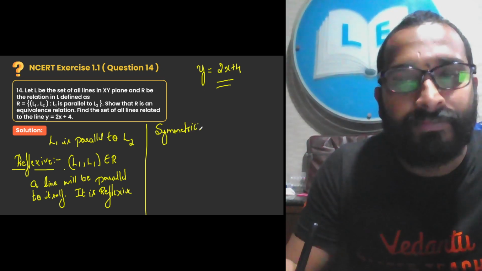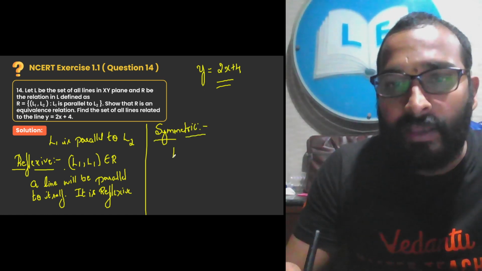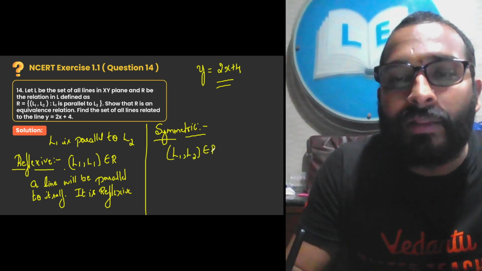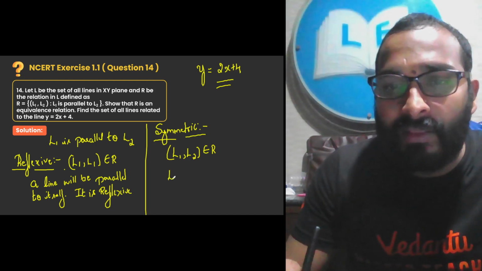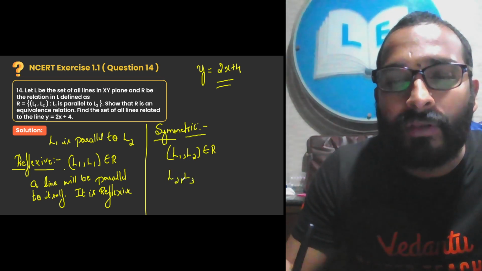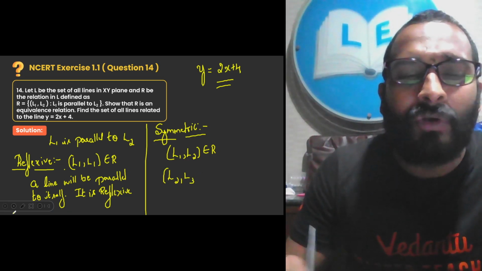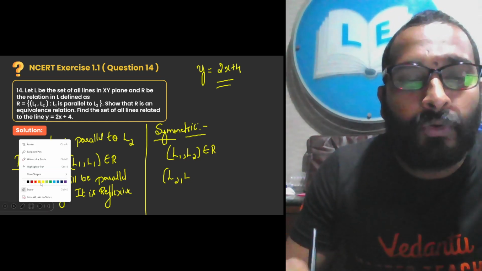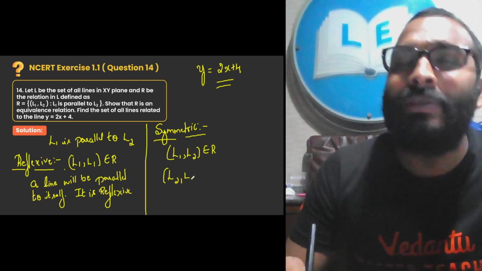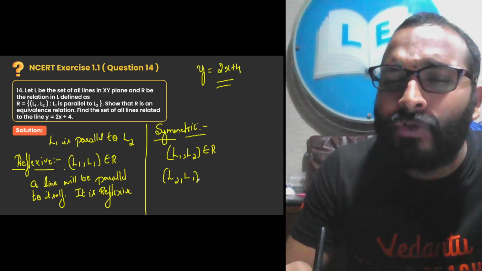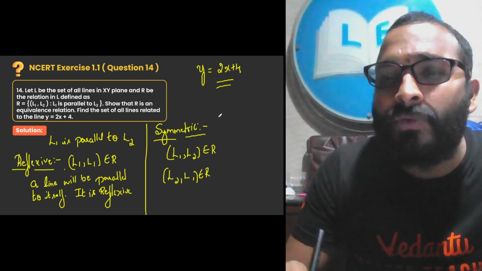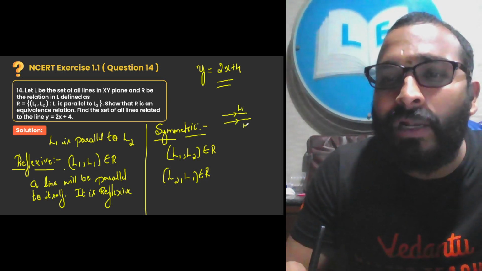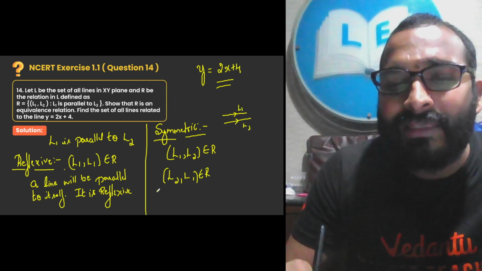If you have two lines, think you have two lines L1 and L2. If L1 comma L2, children, if L1 comma L2 belongs to R, that means L1 and L2 are parallel to each other. Let us take L1 and L2 only, because we are just proving for symmetric, right children? You know that L1 comma L2 means L1 and L2 are parallel to each other. Then L2 comma L1 is also true, children, right? Consider two lines, observe two lines. If suppose I take these two lines, these are parallel. If L1 is parallel to L2, then L2 should be parallel to L1. Yes, so in that case it is